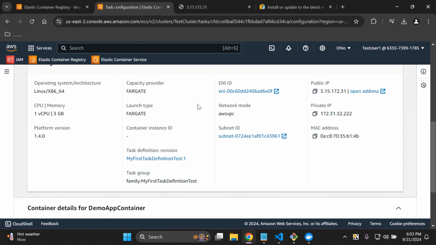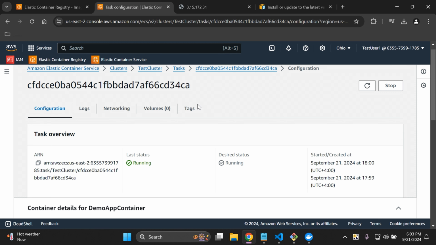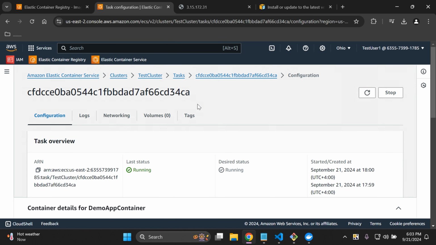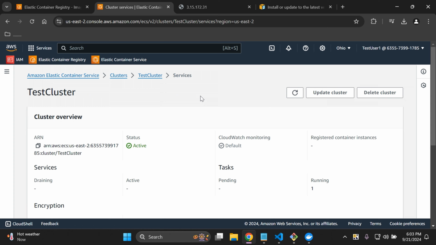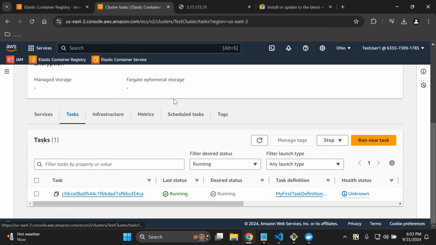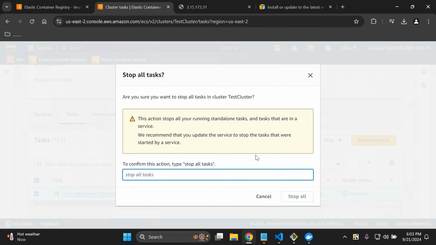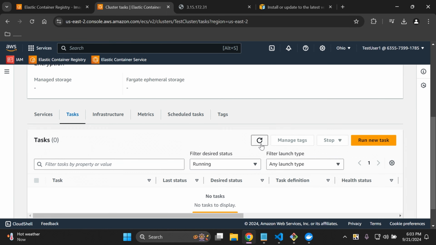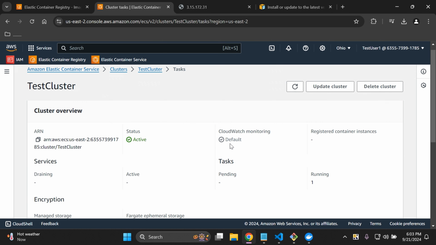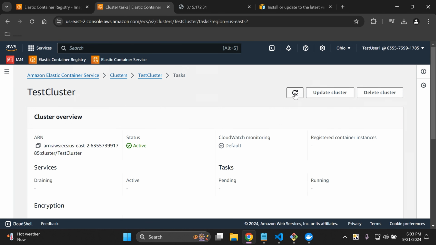Right, guys. So that's it for deploying a Flask application onto AWS Fargate. Now, just to help you clean up your resources, you can go to your cluster here, go to tasks, just refresh, click on it, go to stop and say stop all. And we need to type in stop all tasks. There we go. And now you want to just refresh and you'll see that we don't have any tasks running. And now I'd recommend you delete your cluster. So delete cluster,